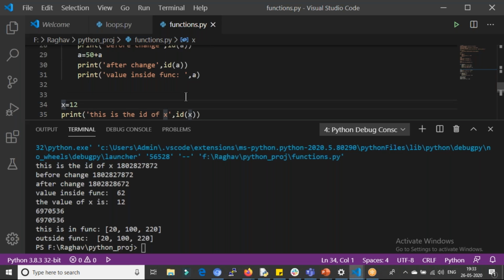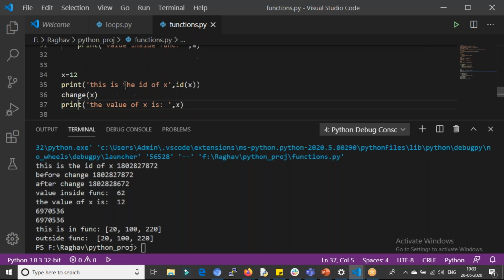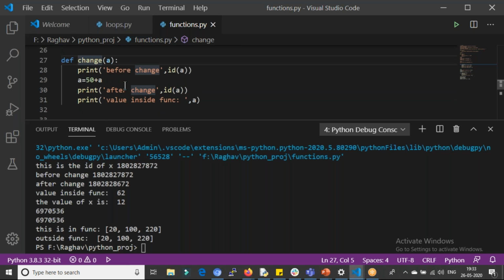So yes, I have defined it. That's why it's coming back to the value 12 again. I'm a little confused actually. Okay, just see, then print the value. Can you go down, please? I want to see.